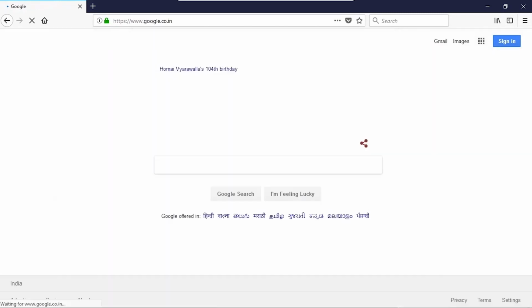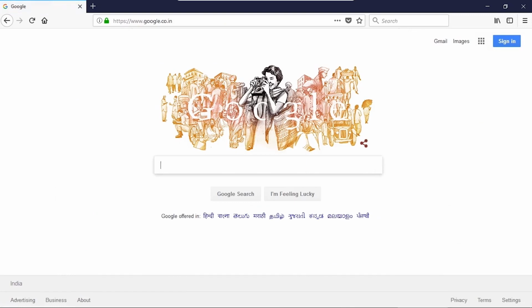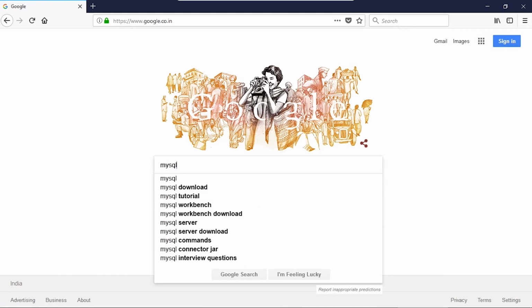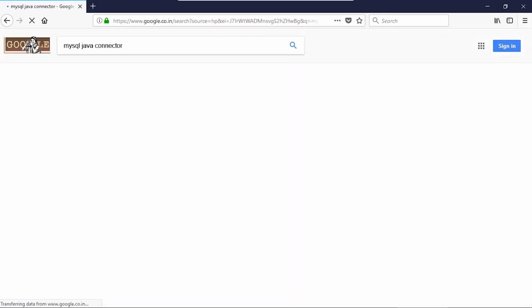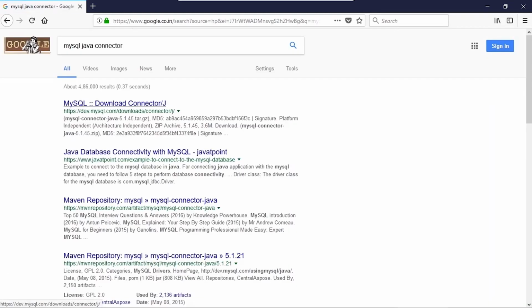Okay, and here let's say we want the MySQL Java connector or driver. That should take us to the MySQL website.